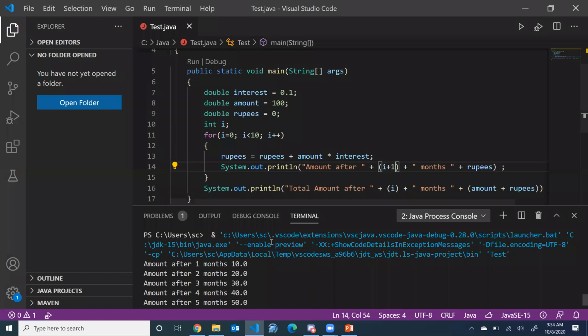तो मुझे बताना है कि amount after 1 month होना चाहिए, इसलिए I+1 किया हुआ है। तो ये आउटपुट में 1 दिखाएगा क्योंकि I की वैल्यू 0 है, तो उसमें 1 ऐड करके दिखाएगा, लेकिन I की वैल्यू चेंज नहीं होगी, I की वैल्यू 0 ही रहेगी। यहाँ पे जो इंक्रीमेंट है वो इधर से I के अंदर हो रहा है। अब क्लियर हुआ? सही सर।